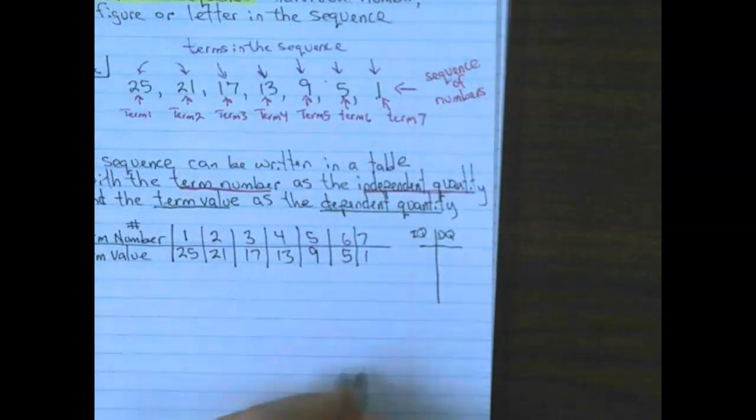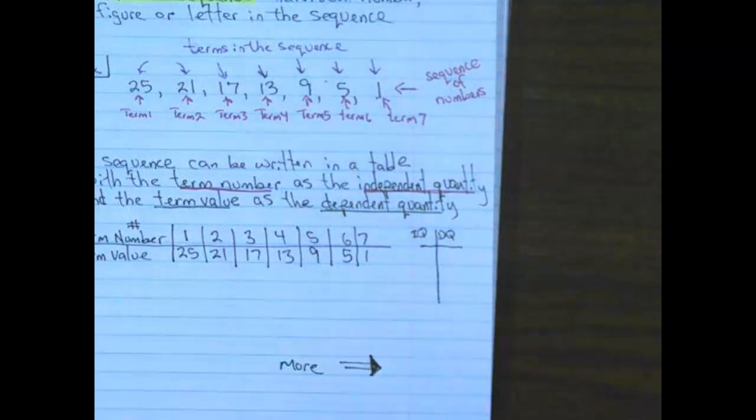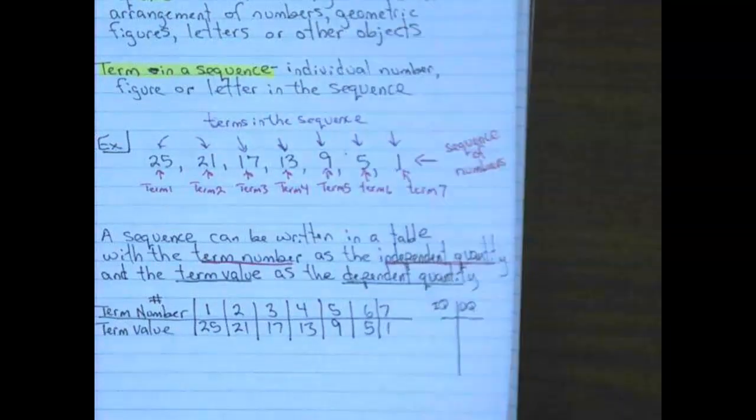I'm going to turn the page over one more time for a second. On the bottom of this page, why don't we put an arrow? So we know that there's more on the next page. Now let's flip back over. Pause anytime. If I'm going too fast, you can pause the video to get caught up or go back and